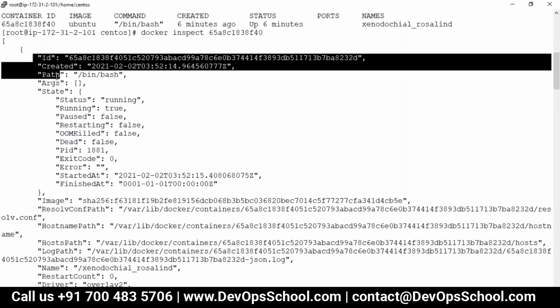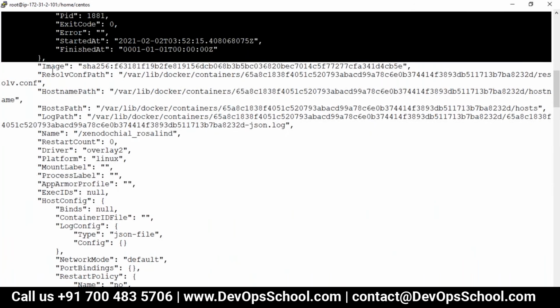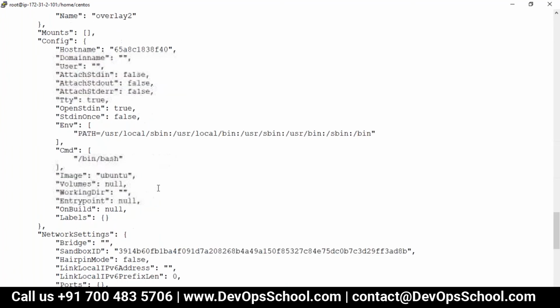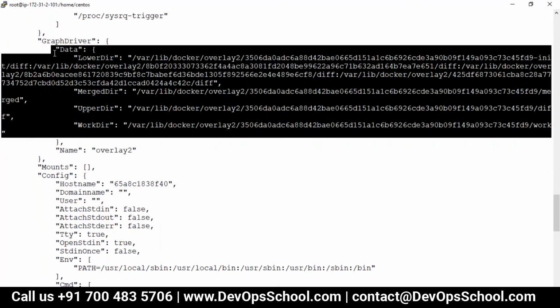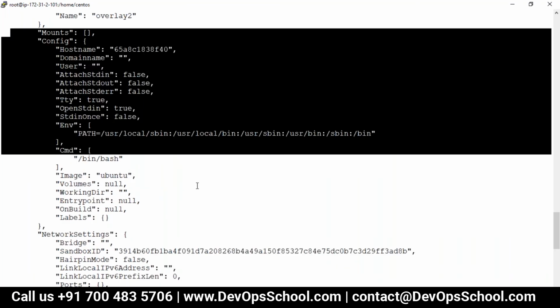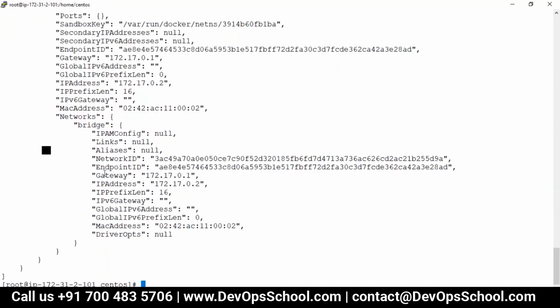So please look at it. Created, path, arguments, what arguments, state, this is the state from this image, and many things here. Host configurations, some driver data files are here. Lower directory, merged directory, upper directory, work directory. Look at the path here, and mounts, network information and all, you see here.